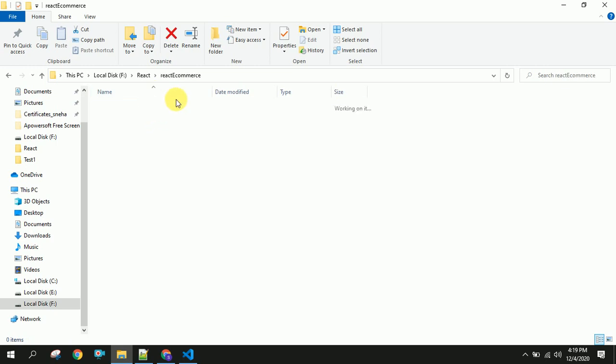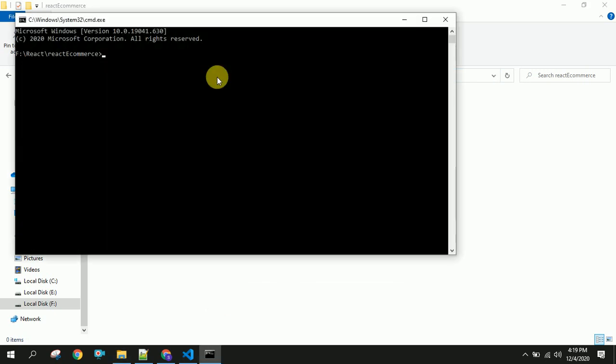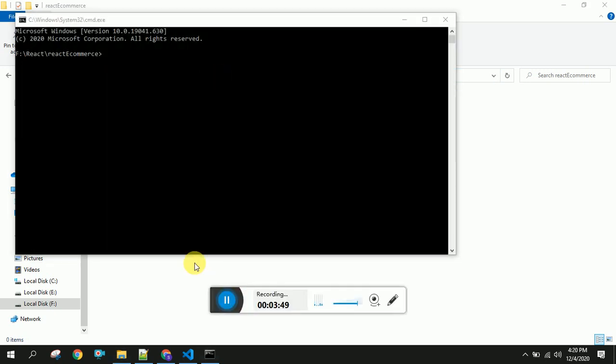I am going into this folder and opening the command prompt. Now I am going to create a TypeScript with React application by using this command: npx create-react-app, and you have to provide your app name, e-commerce React.